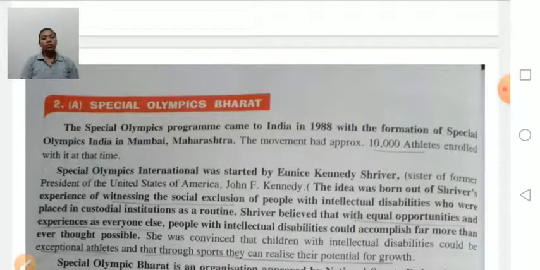First, Special Olympic International. Special Olympic International was started by Eunice Kennedy Shriver. She is the sister of the former President of the United States of America, John F. Kennedy.